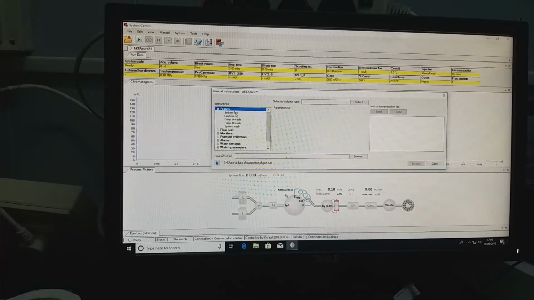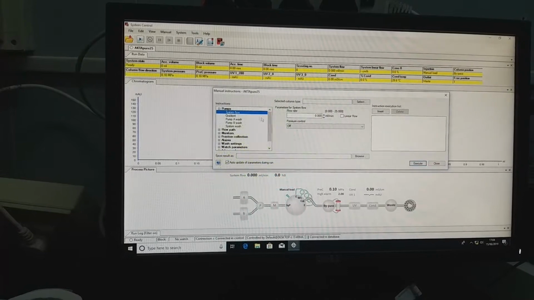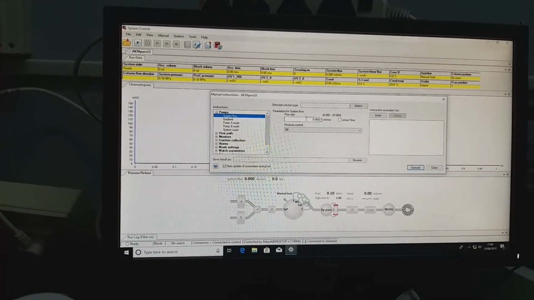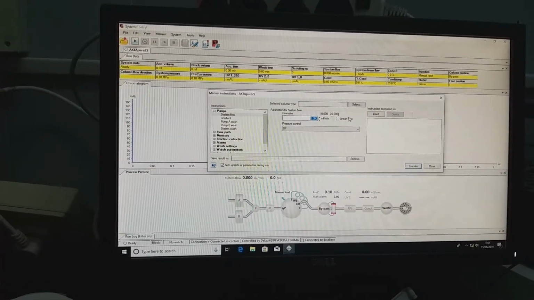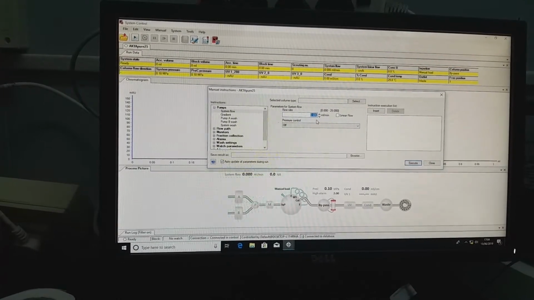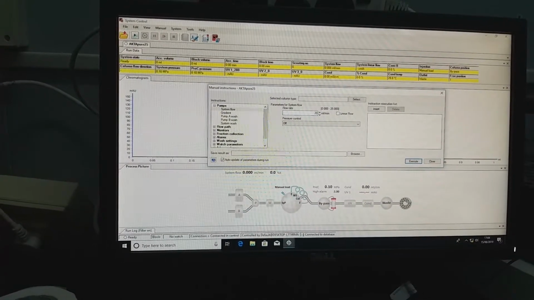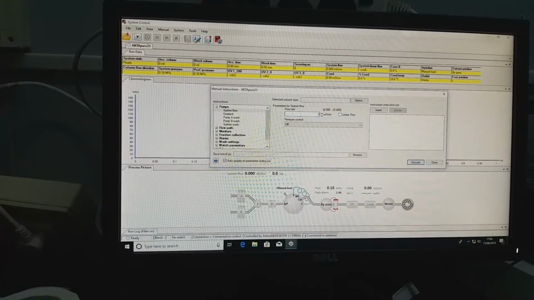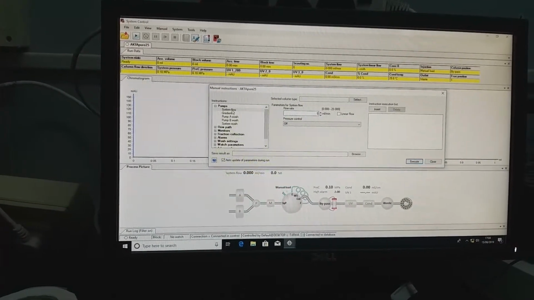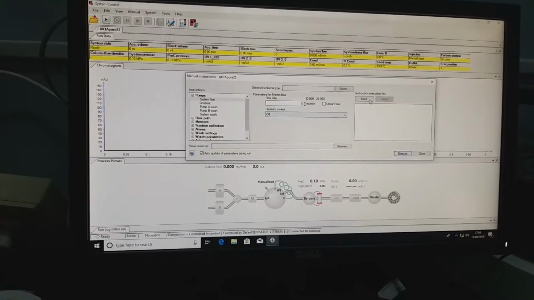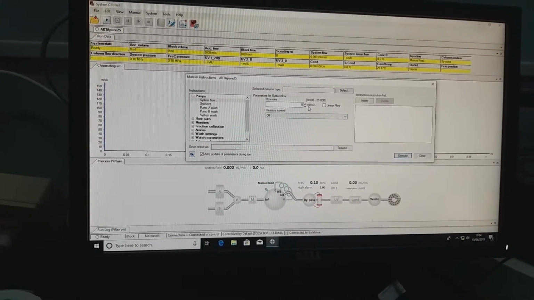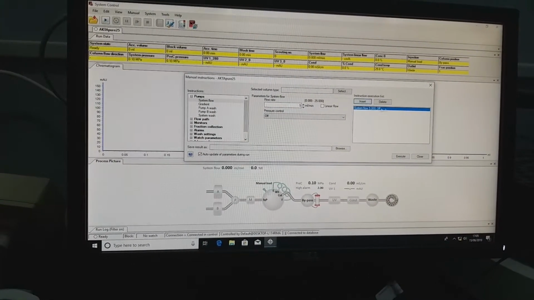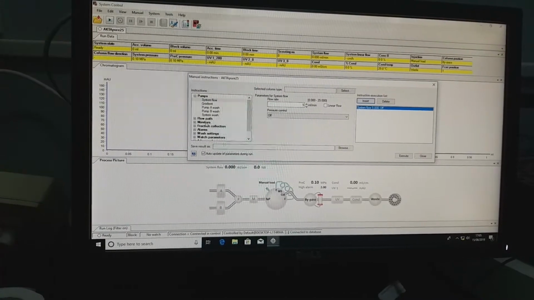So here you can change the system flow. We can keep up to 20 ml if there is no column connected. So normal condition we can keep 5 ml also. So you just say insert in order to execute it by system.